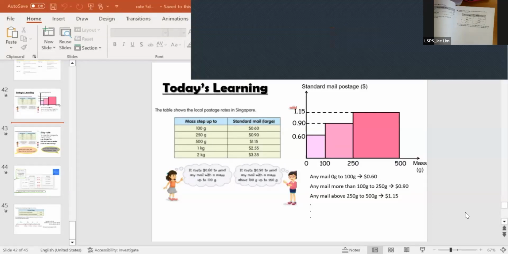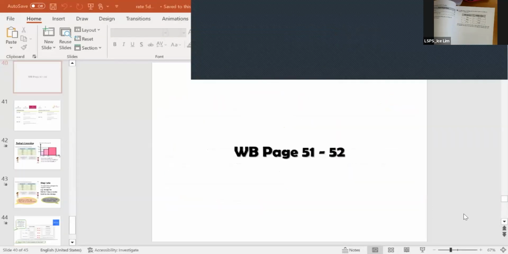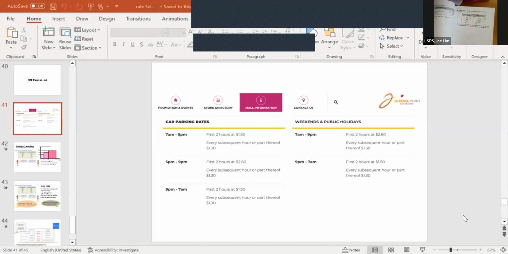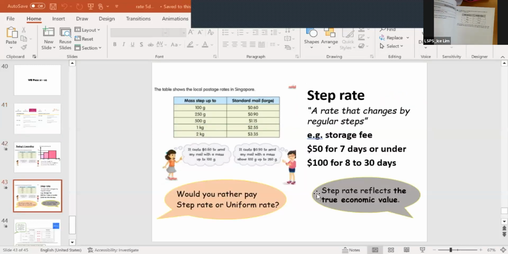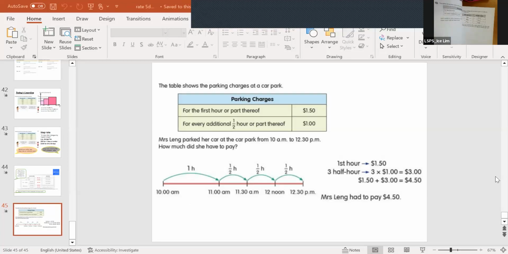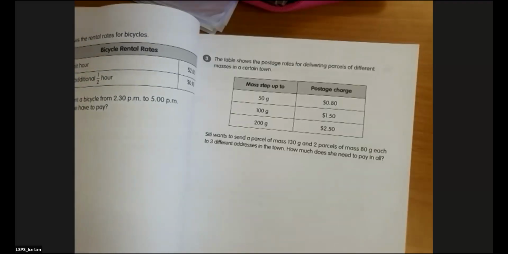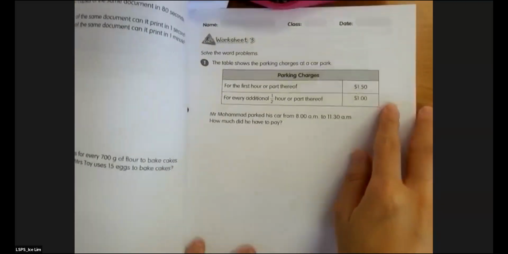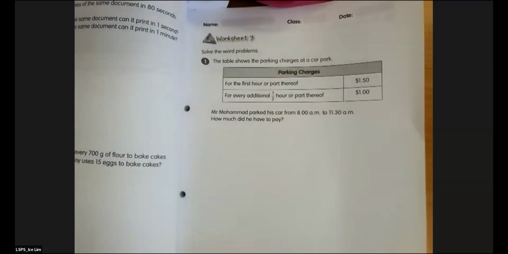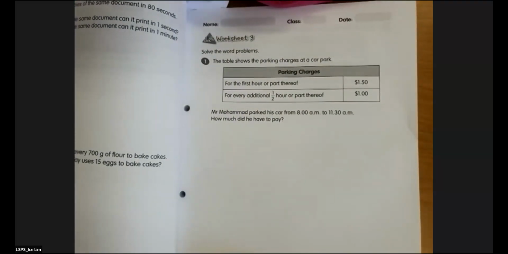Is it okay? Okay. Now, so yesterday we were talking about step rate. So we are going to try to solve some questions today. And the most important part about these questions is organizing our work, actually. Okay. So those of you who actually went back to read your textbook, it's extremely helpful. Now, let me stop share now and show clean screen. You see this? Okay. On this worksheet, we are focusing on